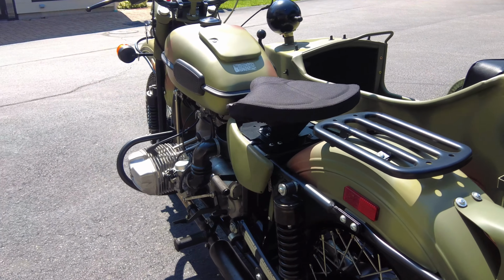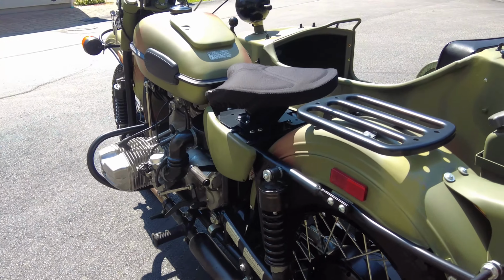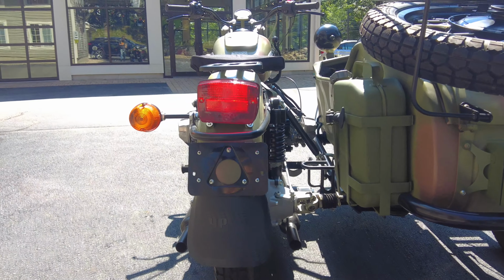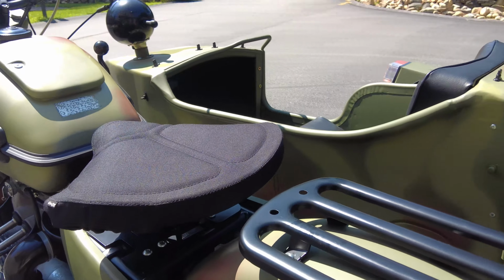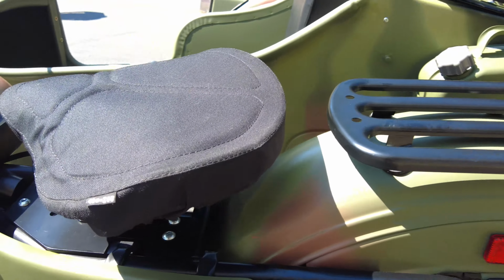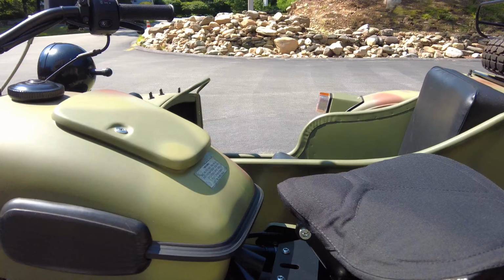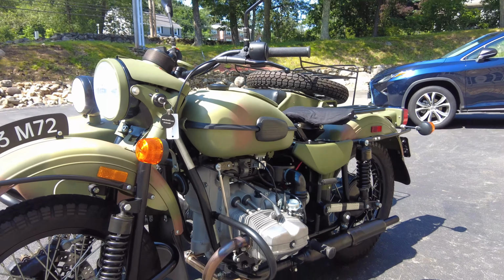Getting onto the Ural itself, sounds great with that exhaust that's on it. It's got dual exhausts, of course, the low mount, this being the 2013, which we will hear it run in just a few minutes. Rack on the rear fender with the tractor seat, which has this nice comfortable pad on it. And I believe this one has the additional spring underneath as well. So it's a very comfortable ride. It looks great as well, really adding to that